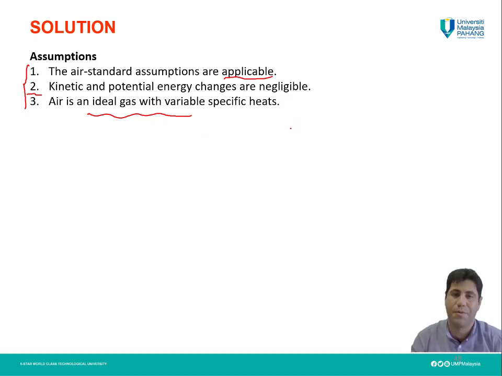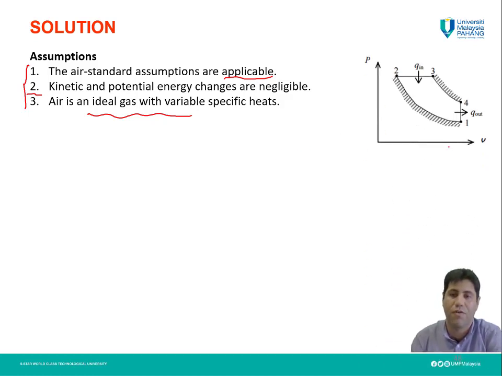The next step to answer this question actually is to draw this PV graph for the diesel cycle. This is a PV graph for the diesel cycle. Here we have an isentropic compression process, a constant pressure heat addition process, an isentropic expansion process, and finally from state 4 to state 1 a constant volume process or heat rejection process actually. So by this we know how the cycle is